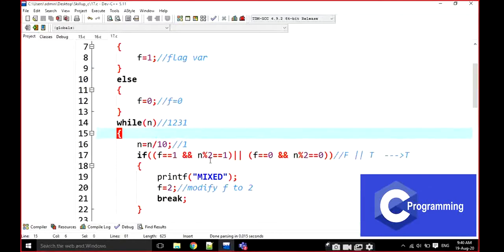N means, first of all, n is 1313. Yes, this is an odd number, right? F is equal to an odd number. I am going to write this is an odd number. I am coming inside it. 133, 131. 131 is an odd number. I am thinking that yes, this is an odd number, this is an odd number, and this is an odd number. Okay, I can understand.